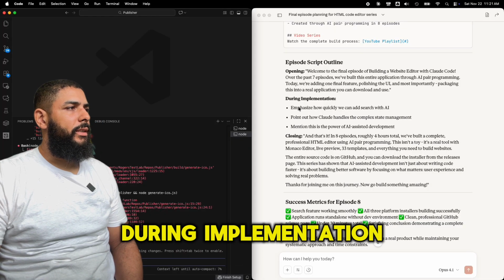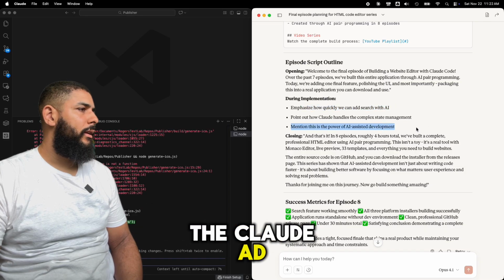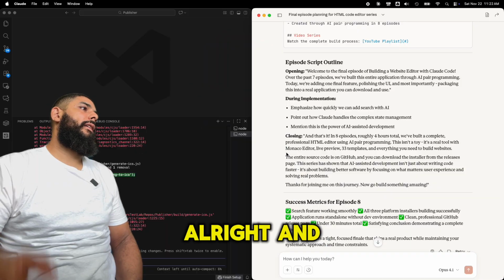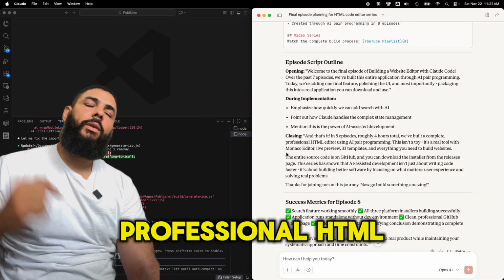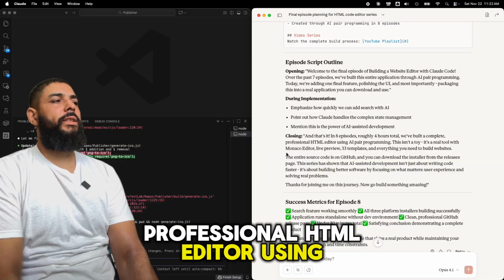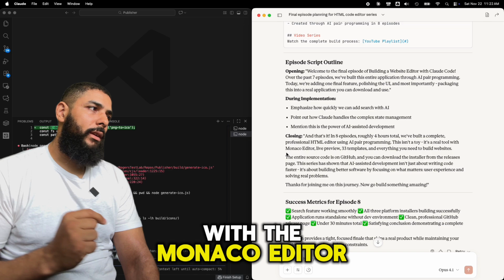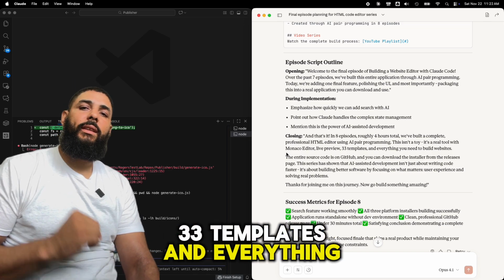During implementation, emphasize how quickly we can add search. Oh yeah, this is the Claude ad. So in closing, Claude isn't making me say this. All right, and that's it. In 8 episodes, roughly 4 hours total, we built a complete professional HTML editor using AI pair programming. This isn't a toy, it's a real tool with the Monaco Editor, live preview, 33 templates, and everything you need to build